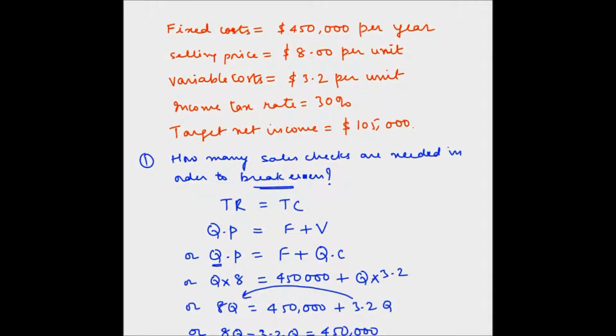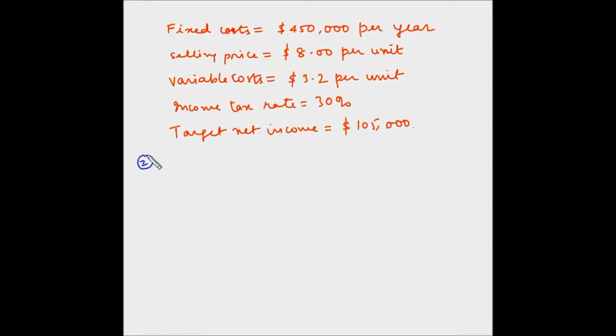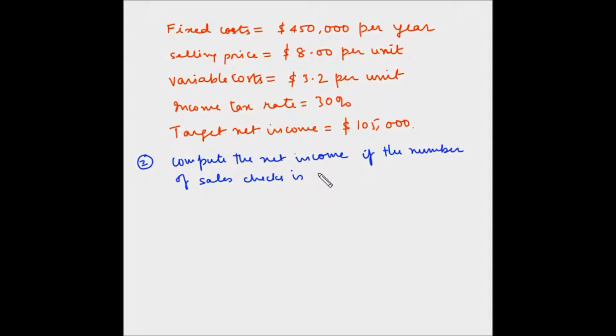Now let's consider the second question, which is to compute the net income if the number of sales checks is 150,000. So the second question is compute the net income if the number of sales checks is 150,000. So we have to find out the net income,